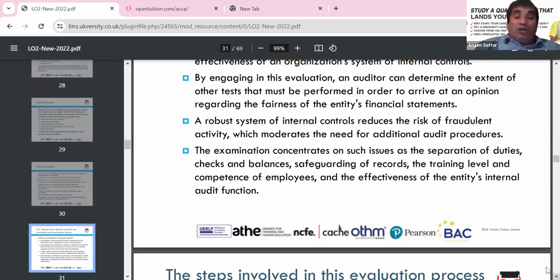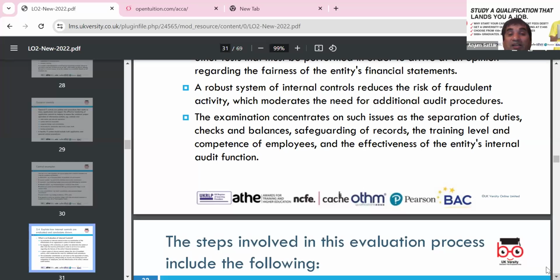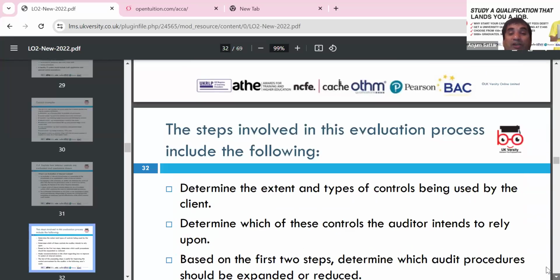So we have to look around: if we have overbooking, what control system do you have? If no one cancels and it's 100% booking, do you have an alternative contingency plan in place? So we can look around all of these: the training, the system, the competencies of employees, in different scenarios.